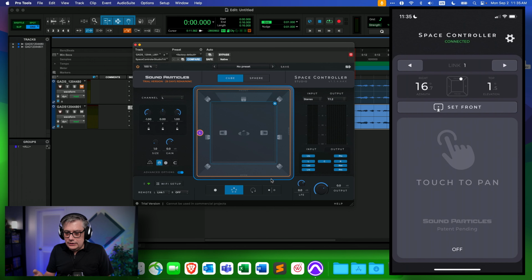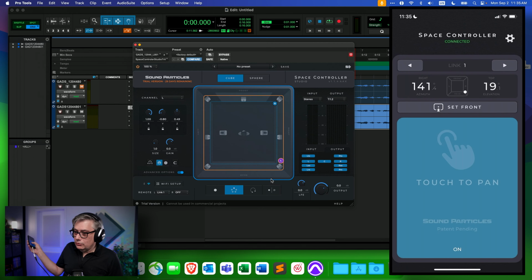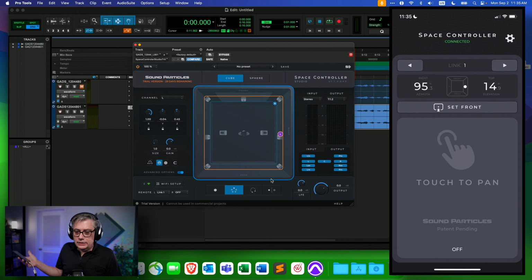Now, the way this works is actually very straightforward. And by the way, you don't need to have a wired connection. The reason I have a wired connection here is simply because I need to record the screen of my iPhone. But otherwise, you don't have a cable dangling from the smartphone. So the idea is that if I now click on the touch to pan button on the big one here, it gets blue, and I can then move things around. So I can say I want my object back here, and then leave it there. And that's actually fairly convenient.